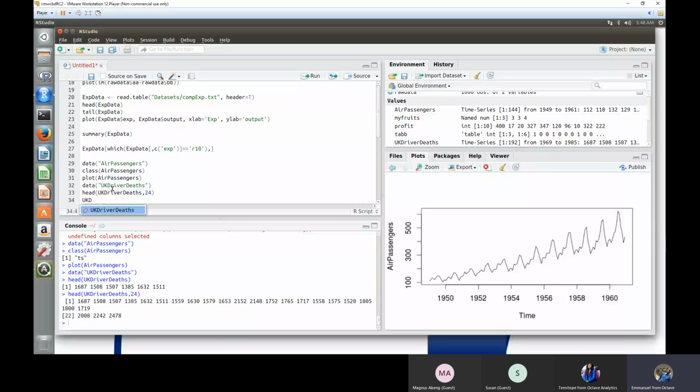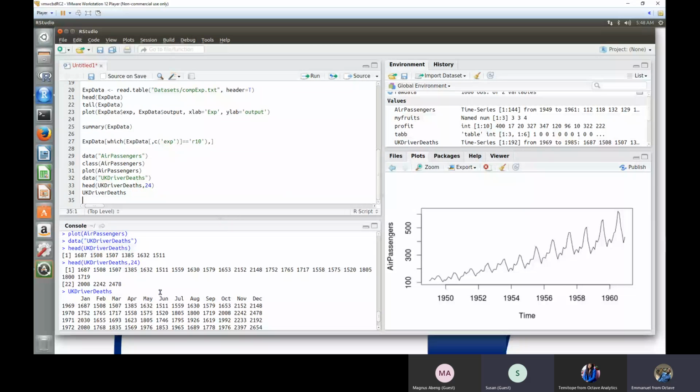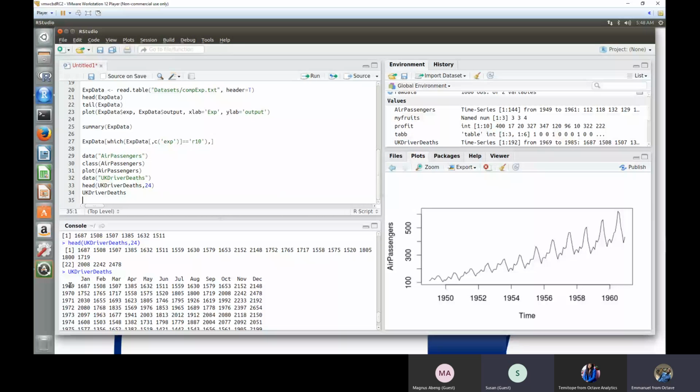UK driver. So this is what we have. This is how a time series data looks. For this particular year, you have this month. These are the data we have for each month in this year. For January 1969, this guy and all that. So if you plot this guy,